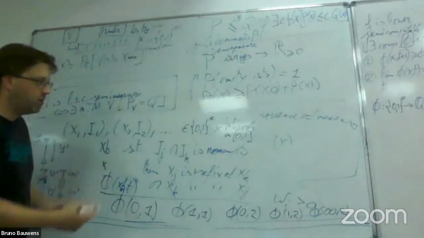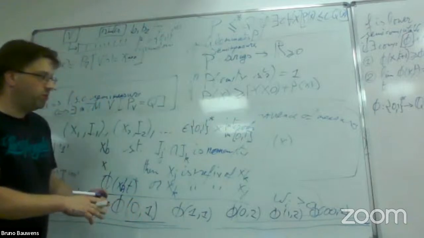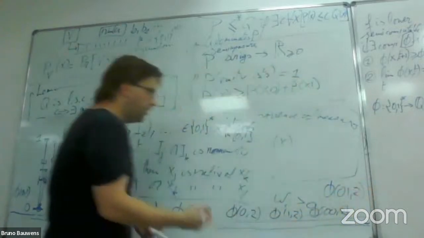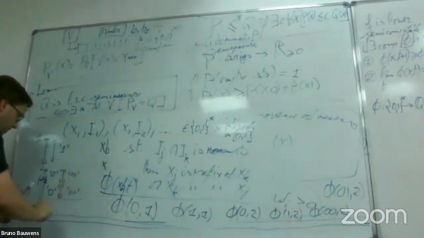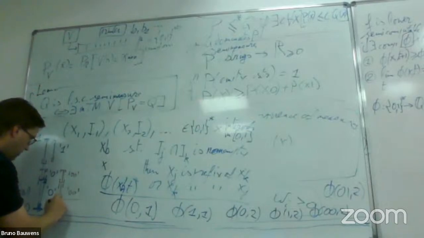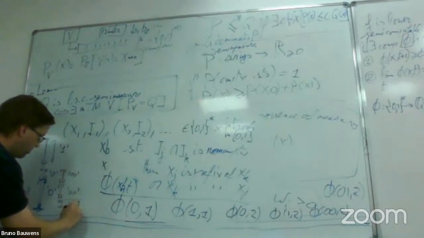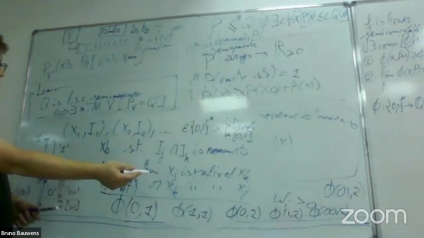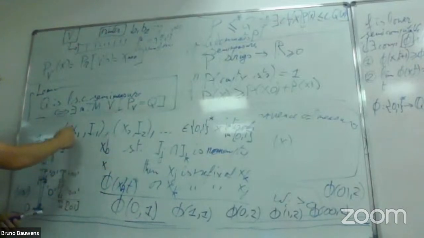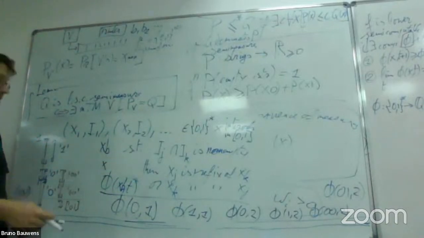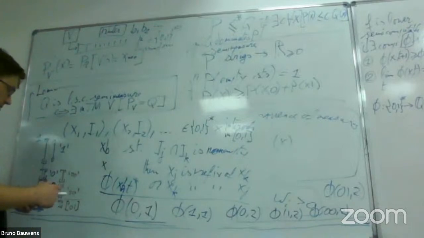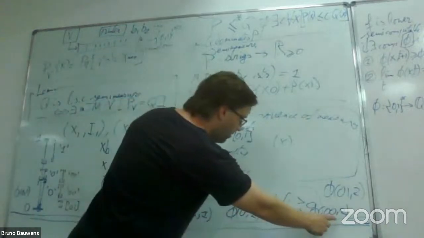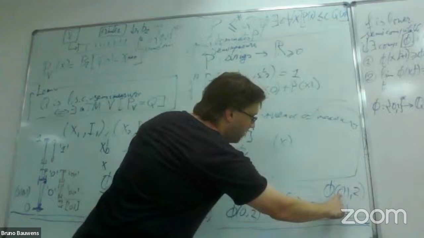And then we go to phi of 0, 1, 2. And this might be non-zero, so we allocate a little bit here to 0, 1. And then we look at phi 1, 0, 2. If it's positive, we need to allocate something. And so we repeat. It may happen that, for example, the sum of phi 0, 0